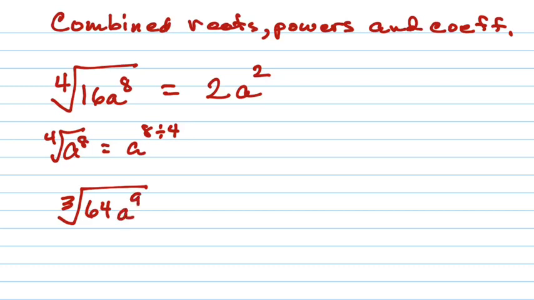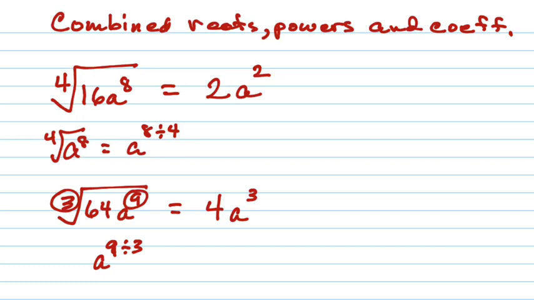Can you show me a calculator? The cube root of 64 is what? 4. Definitely the number part. But you just can't do the exponent. And then that's a to the 9 divided by 3, right? Does everybody see where I'm getting those numbers? 9 divided by 3, which is just a to the what? Third. So it's 4a to the third, your completed answer. Okay? Now,